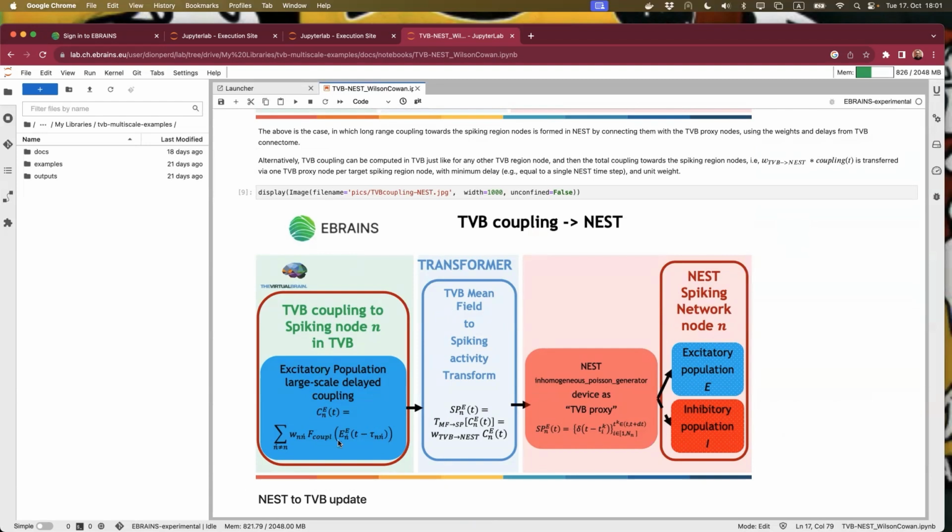So it's going to be an activity coupling. We will have again to take it through a transformation to become a rate, and then feed it to a device, the same device, a homogeneous Poisson generator device, to generate spikes and direct them towards the targets. Only this time, this input is already the coupling that needs to be applied directly to these